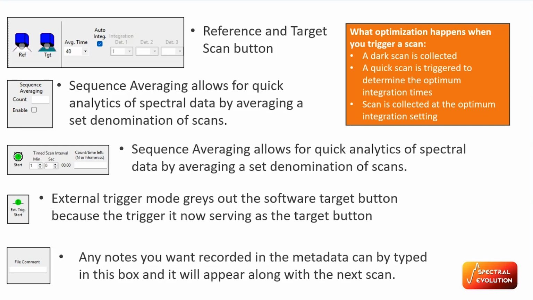After it completes the scan, it will take another dark scan, average those 2, and subtract it off to make your dark correction. So with the target button, you're really getting several steps of optimization to make sure that the data quality is good. The next tool that you have is a sequence averaging tool, which allows for quick analytics of your spectral